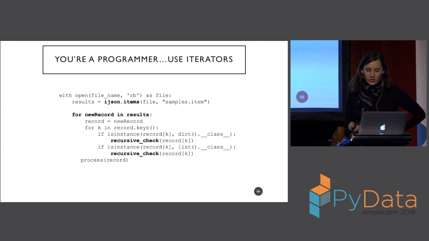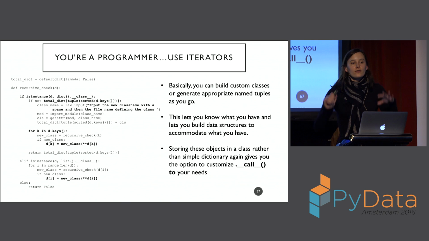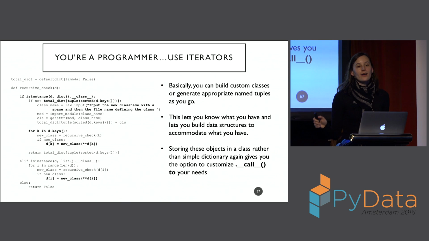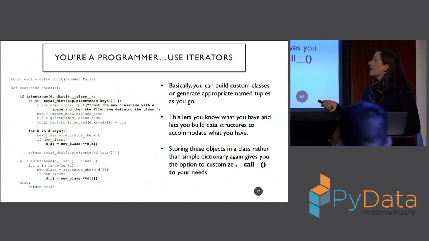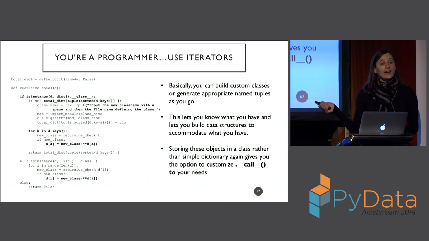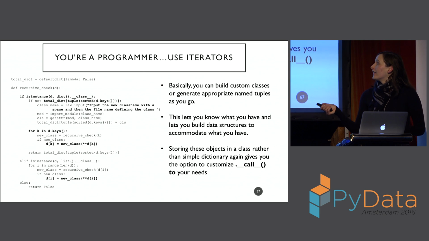So I do this thing called recursive check. What that does is it figures out what things are sort of dictionary-like structures I might want to turn into special classes. So if it's a dictionary, I sort of look at the keys, and depending on the keys, I say, did I create a class for those keys already? Boom, I assign it. If I didn't, I literally ask myself, why don't you give me a new class name and write some code, and literally I'm going to then import that code you just wrote. So you can sort of be coding for your JSON as you're going.